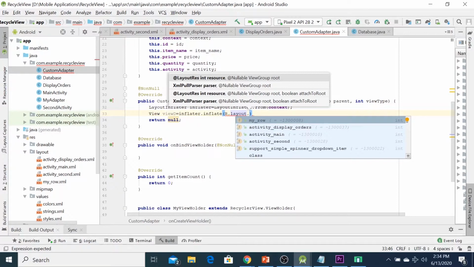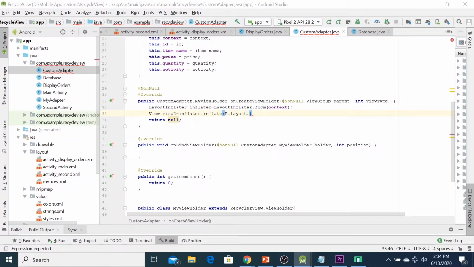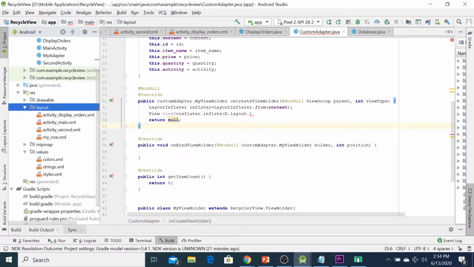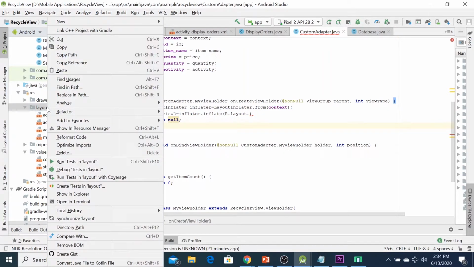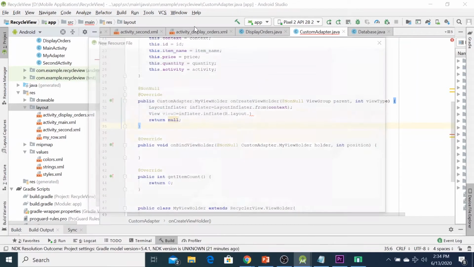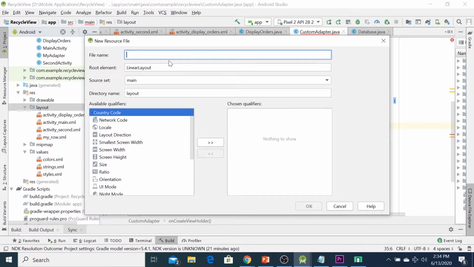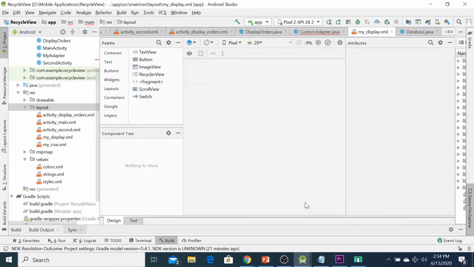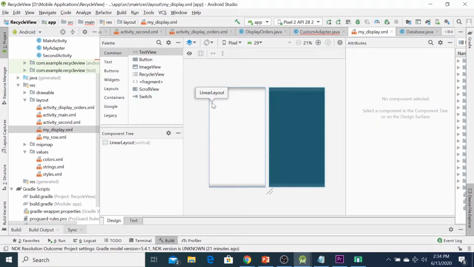Okay. Here we need to create the XML file. Yeah. Okay. Next, you have to create a new layout here. Here, for example, you can type my display. Okay.